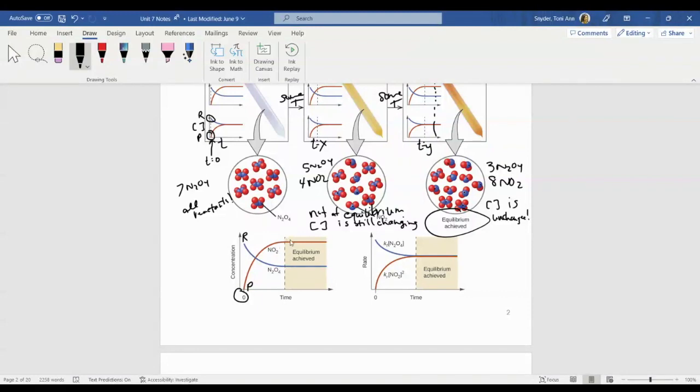So if I notice right here, this is the point at which the 2 lines are perfectly parallel to one another. So at this point, my equilibrium has been achieved. Right here, I do not have equilibrium that has been established because the concentration is still changing. I'm still forming more NO2 and I'm still using up more N2O4. On the other hand, we could also look at the rate of the reaction right here. So if I have rate versus time, again, we didn't talk too much about rate yet, but it's kind of the same thing. Once the rates of the 2 reactions become the same, that's when I have an equilibrium that